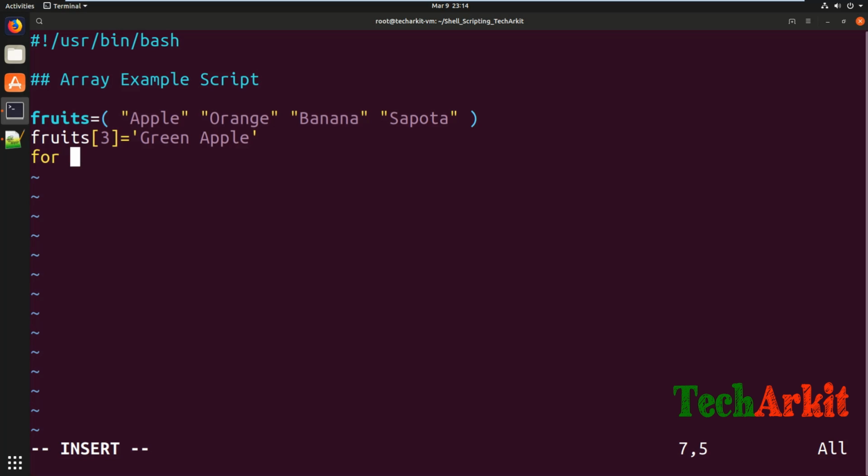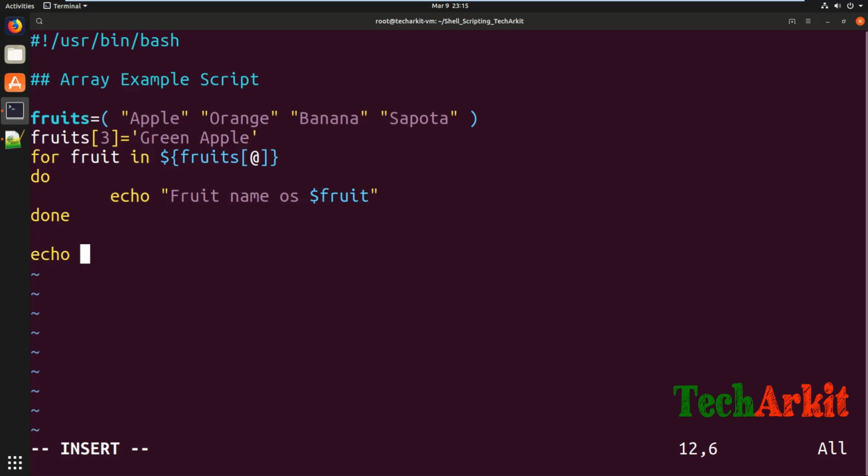Okay, for fruit in dollar fruits, I say call the entire array of the fruits, and do echo. I'm just printing all these fruit names. Fruit name is dollar fruit. Done. And I say echo number of fruits in bucket is